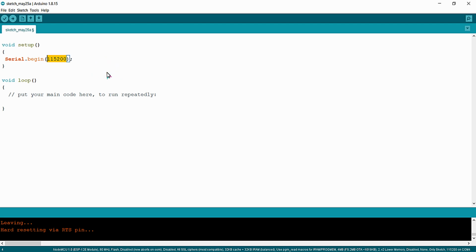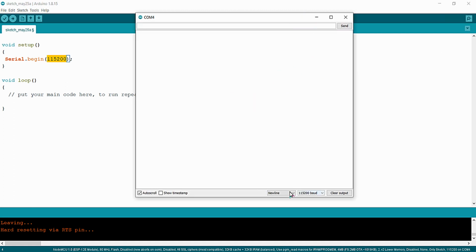Serial communication always happens at a certain baud rate. That is, the NodeMCU must transfer data at a particular baud rate, and the receiving serial monitor must also run at the same baud rate for receiving the data. The standard baud rates are available over here. You can see 300, 1200, 2400, 4800, 9600, and it goes on like this. I am selecting 115200 as the baud rate for communication between the NodeMCU and the serial monitor available over here.